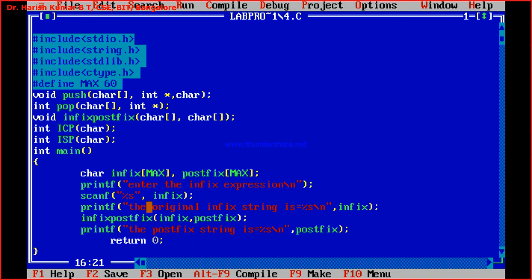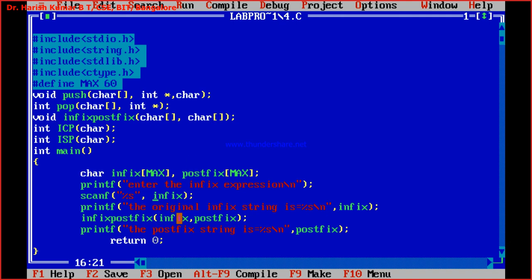After printing the original infix string, I'm calling infix to postfix, and to it I'm passing the infix array and the postfix array. Initially the postfix array is empty. Even in the function prototype you can observe the first argument is of type character array, and the second argument is also a character array.